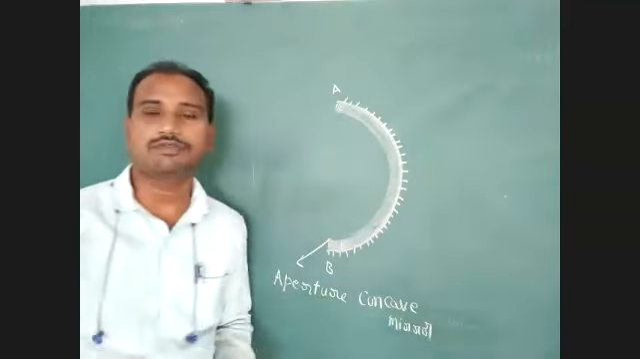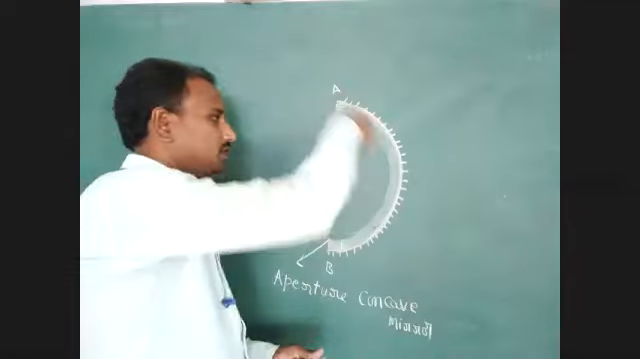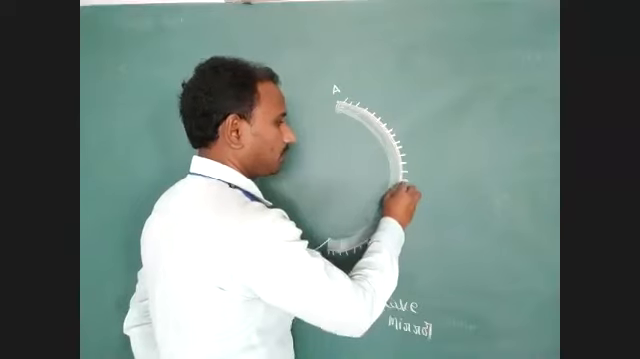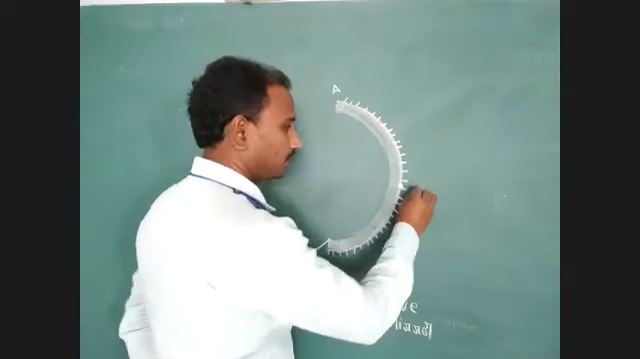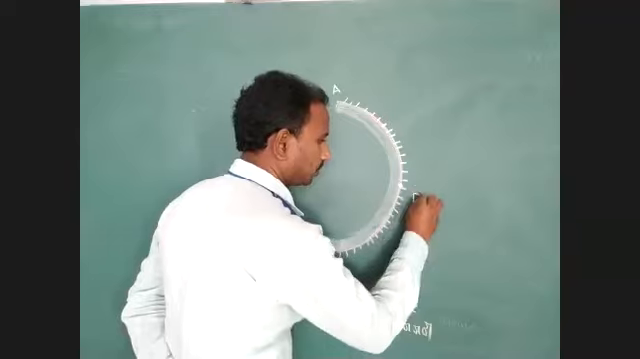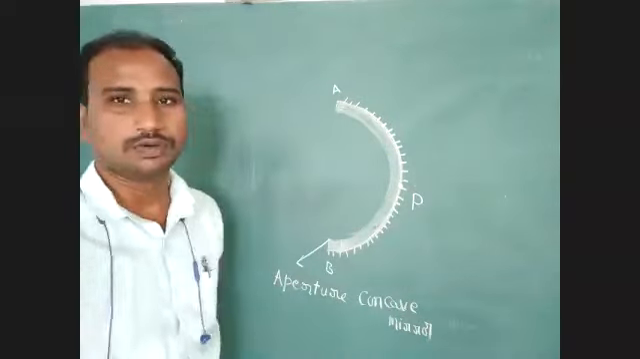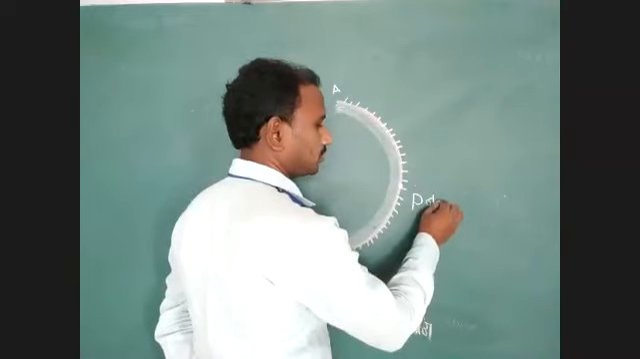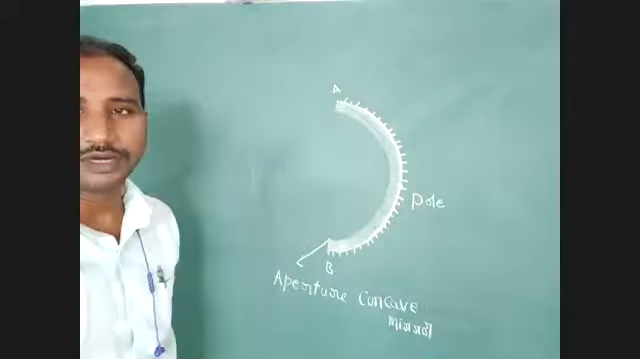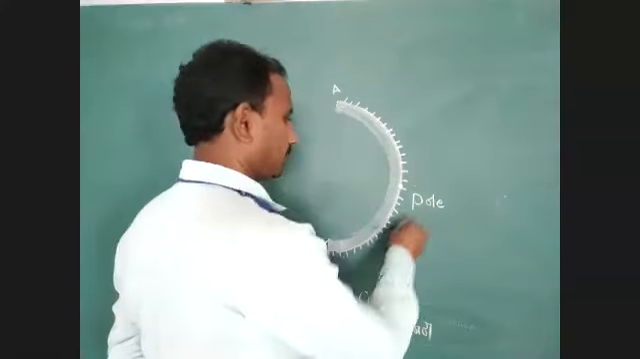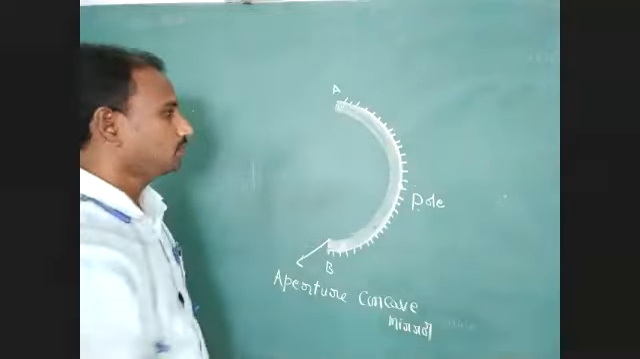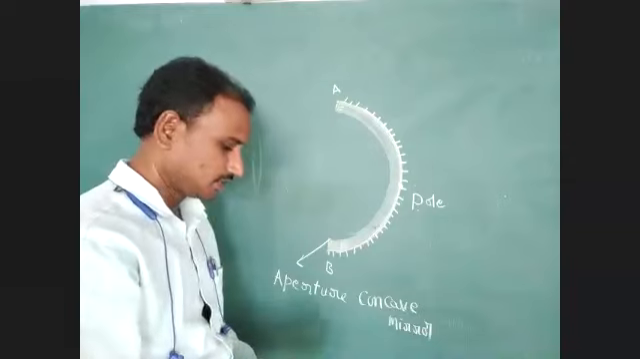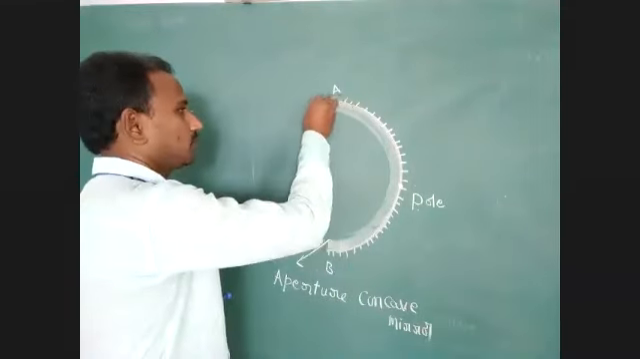Next, we have to find the midpoint of this concave mirror. The midpoint of the concave mirror is called the pole. Pole is denoted by the letter P. Now we have to identify the center for this curved surface. The center for this curved surface is called as